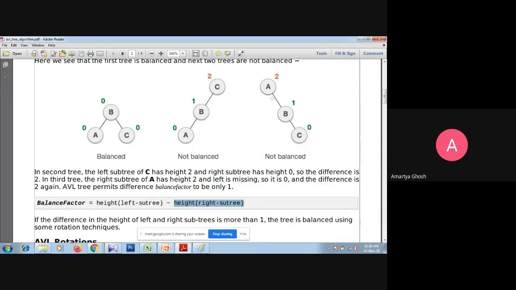The same here, you can see the A left side has no child, no node. So height of left subtree is 0. But in the right side, what is the height? To reach the last node C, we need 2 edges. So height is 2. So 0 minus 2. That is why this will be minus 2, not 2. This is minus 2. And same for B, this is minus 1 because this time the left subtree is 0 and in the right subtree